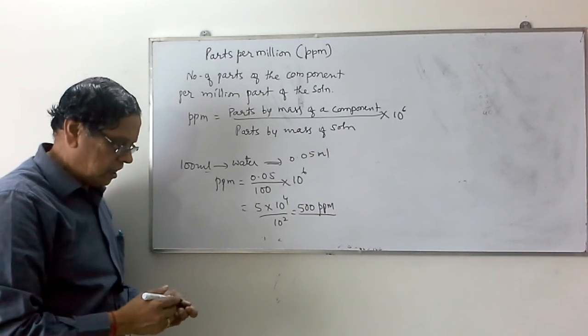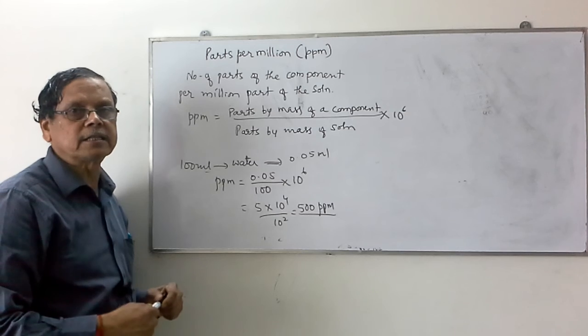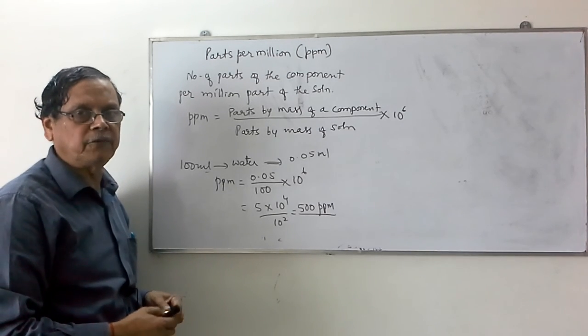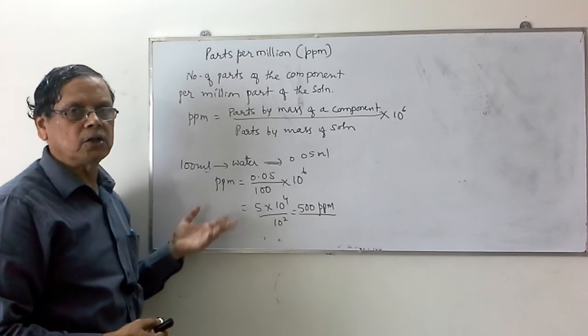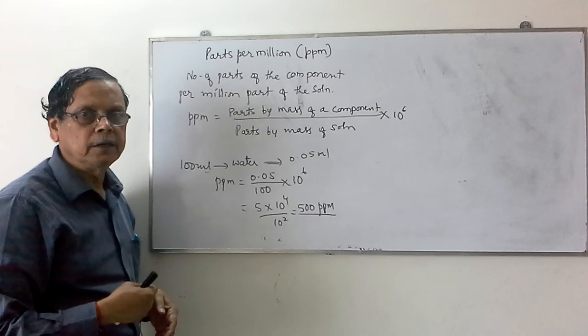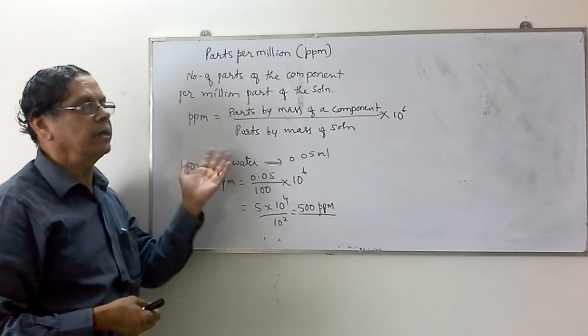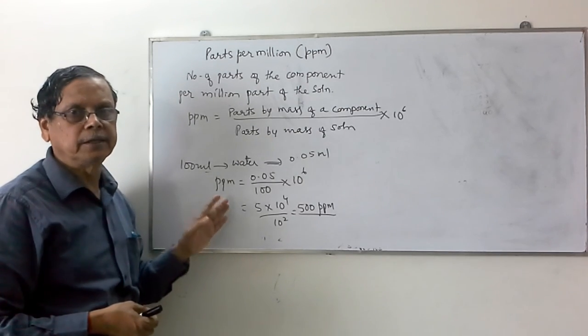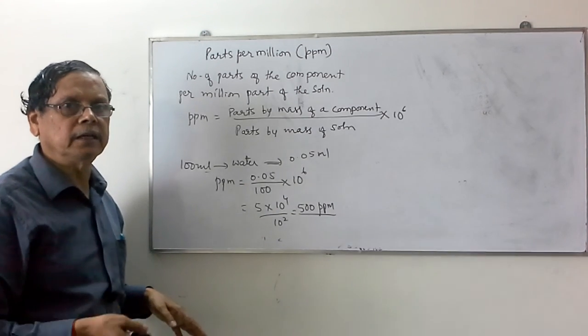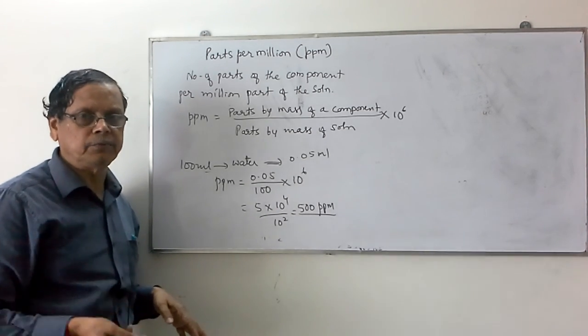So these are the various types of concentrations that we use in physical chemistry for calculations, and they can also be used to prepare various concentrated solutions. That is all about the basic concepts that we use in chemistry. We shall continue with the next chapter in the next video. Thank you.